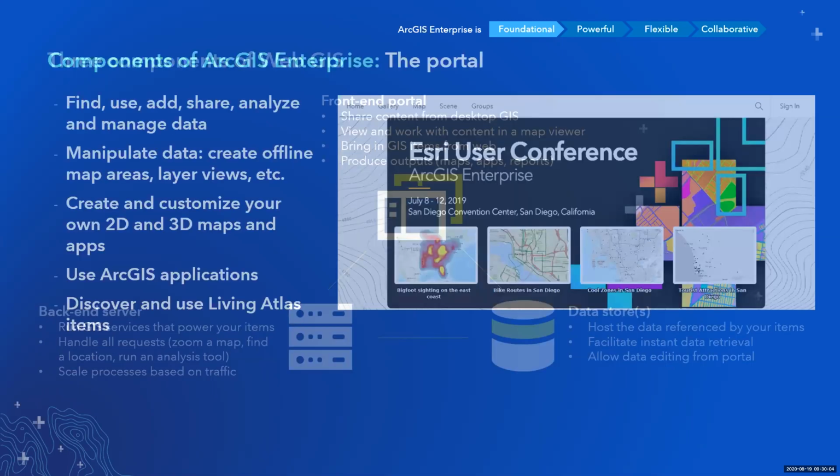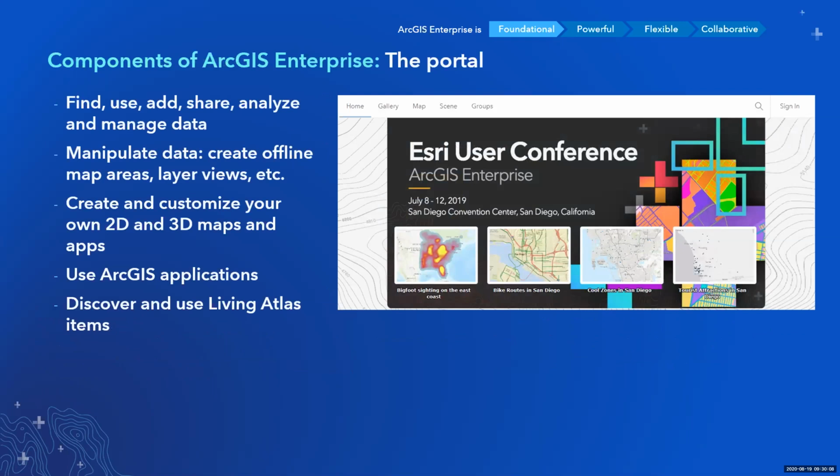Okay, my next couple slides take a bit of a dive into each of those components. With the portal, like I said, it's your user interface. This is where you're storing and manipulating data. So end users of a portal can find, use, add, share, analyze, manage data. You can